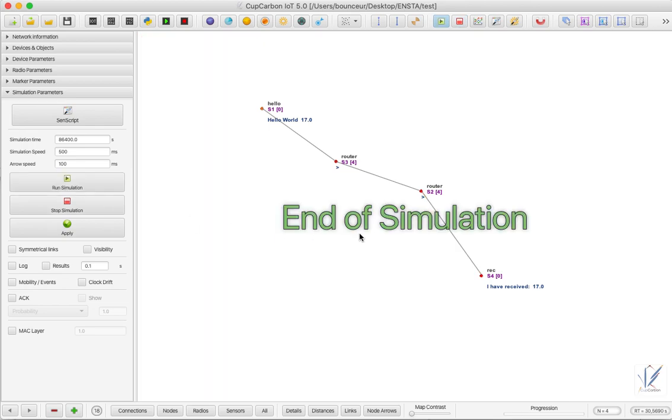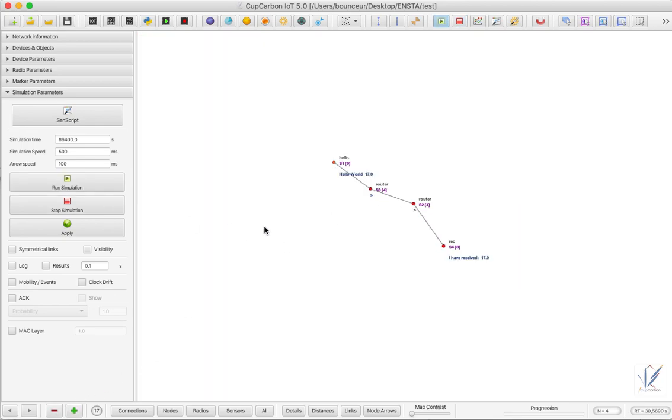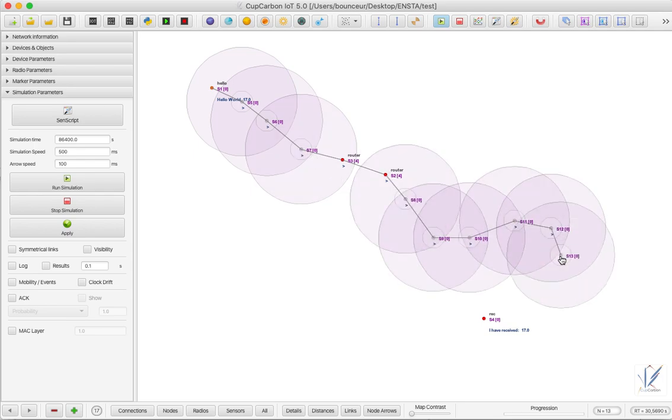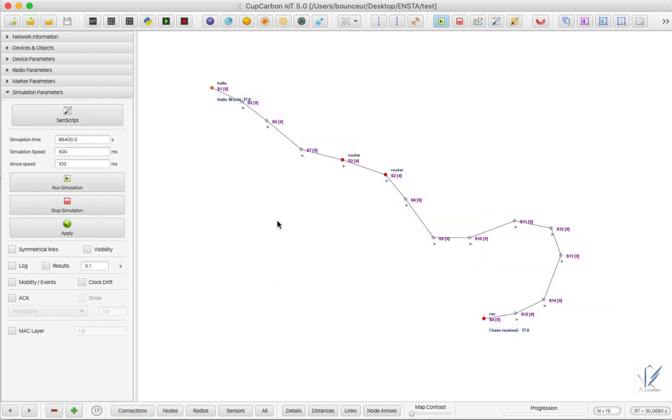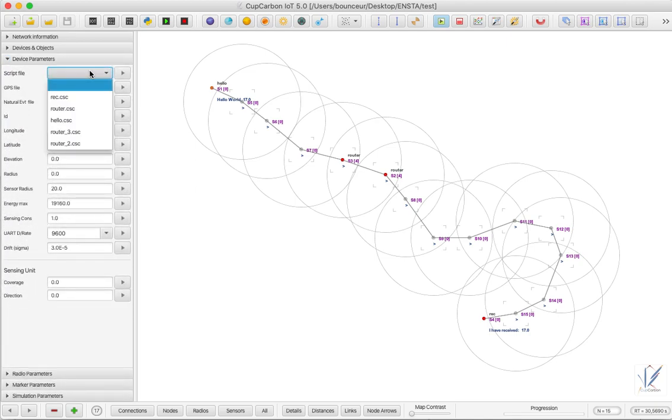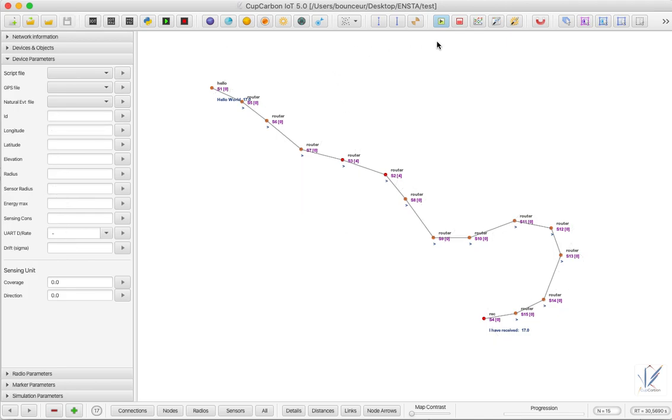And the advantage with this script is that I can put, for example, the sender, the transmitter, here, and the receiver here, and I can add many nodes between them, as you can see here. Or there are routers here. Use control to select many nodes. Router. There is one code for the router. So if I simulate now,